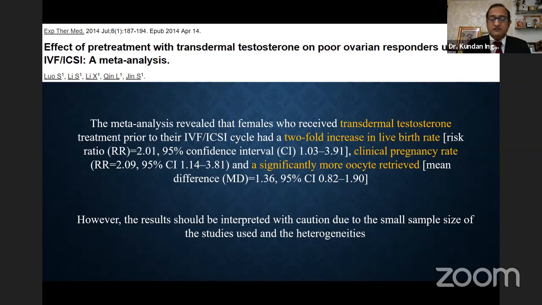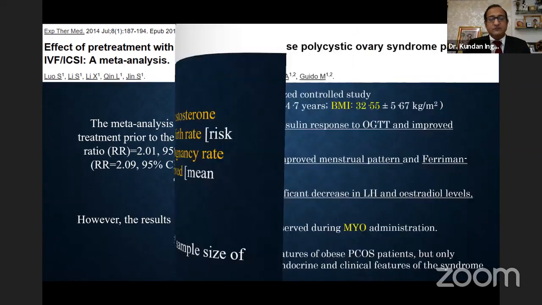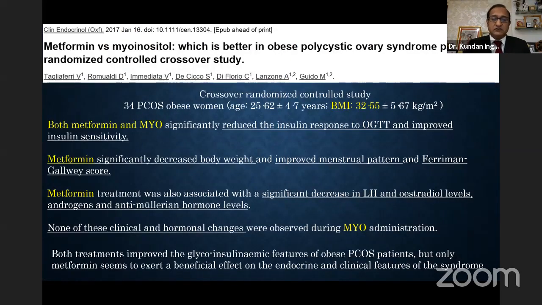As I said, in future we are looking for some large size studies, but till now whatever evidence we have clearly shows that supplementing testosterone transdermal gel instead of DHEA plays a very important role in increasing the reproductive outcome after IVF. There is another very important group which is hyper-responder or polycystic ovarian syndrome patients, especially obese